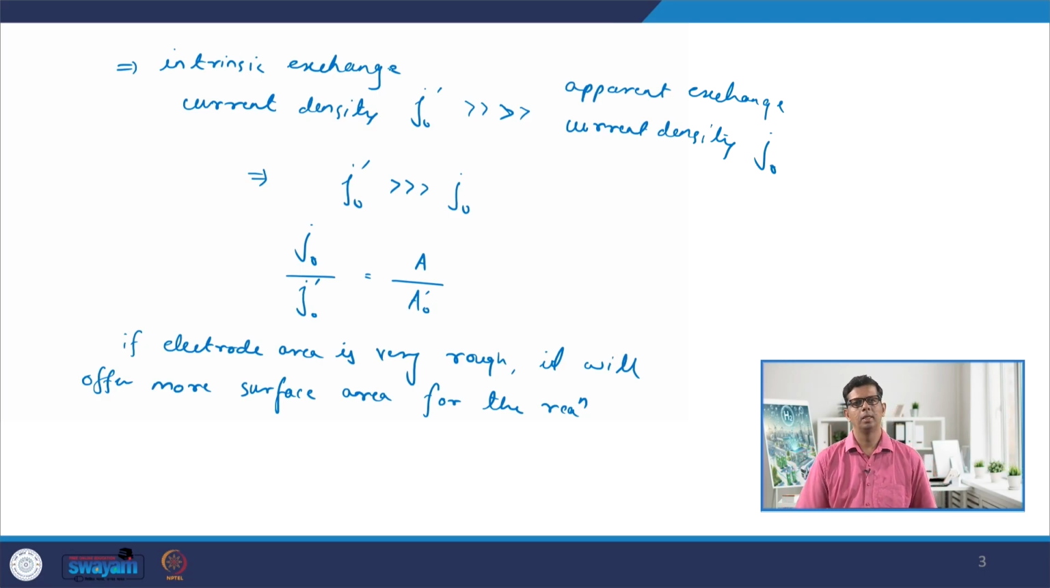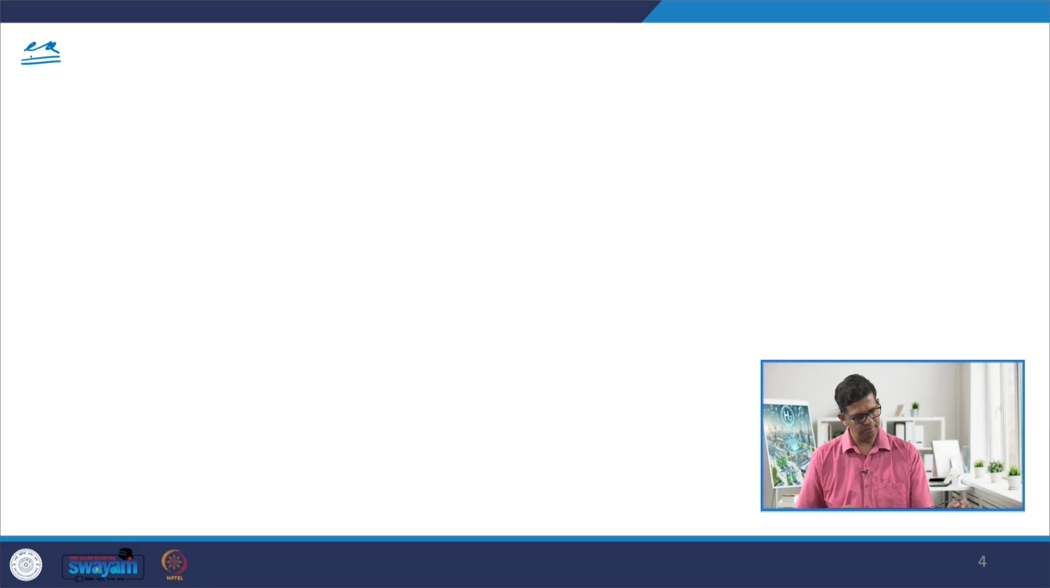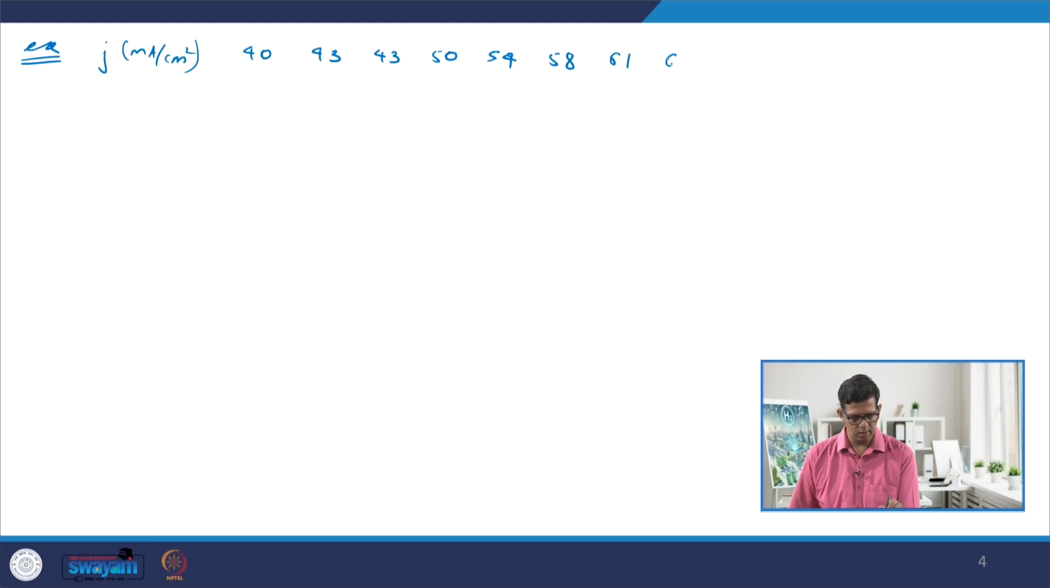So this is all about the theory. Let's quickly go ahead and solve some numericals. Let's take an example. We have been given current density in milliamps per centimeter square, which is roughly 40, 43, 47, 50, 54, 58, 61, 64, 69, and the corresponding overpotential in millivolts is given as 72.1,